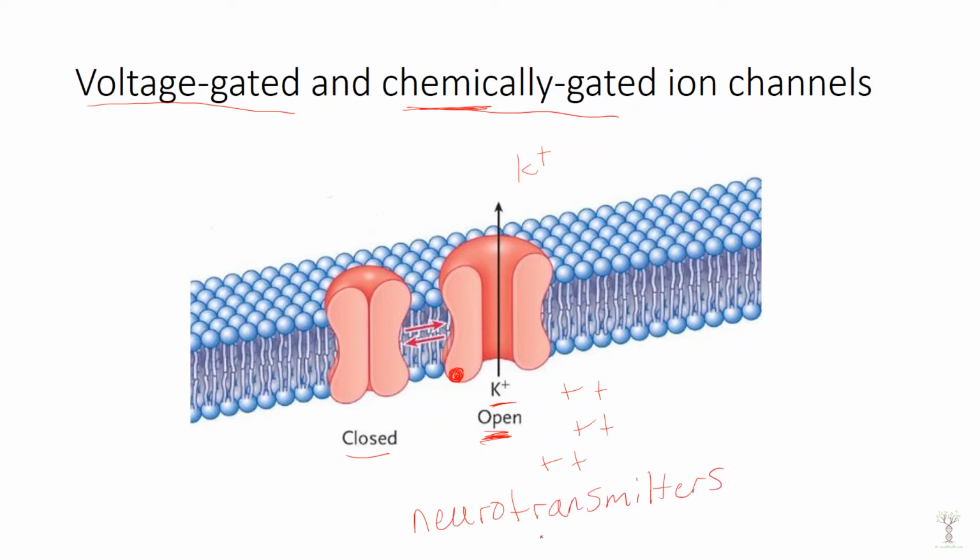Neurotransmitters are signaling molecules that impact other neurons, and how they impact other neurons is by opening ion channels. So a chemically gated channel opens because of a chemical like a neurotransmitter, and a voltage-gated channel opens because of a charge change in the membrane. So now we know where our ion concentrations are, the charge around the membrane, and our ion channels that allow ions to move. Okay, now that we have that information all sorted out, we are going to start looking at an action